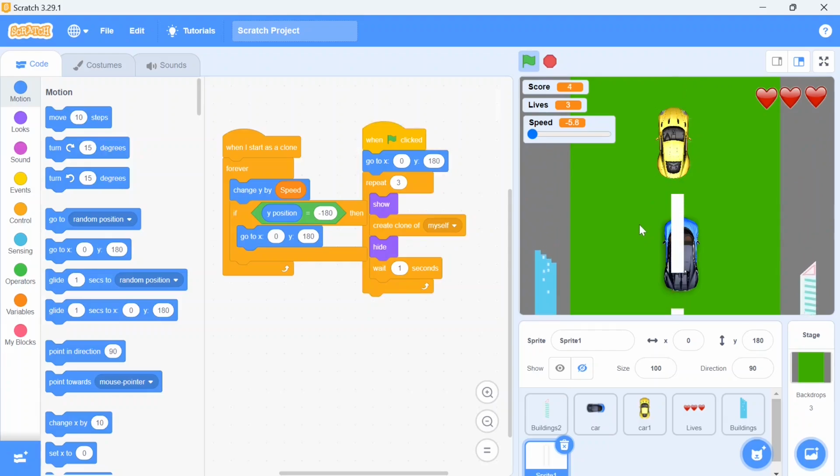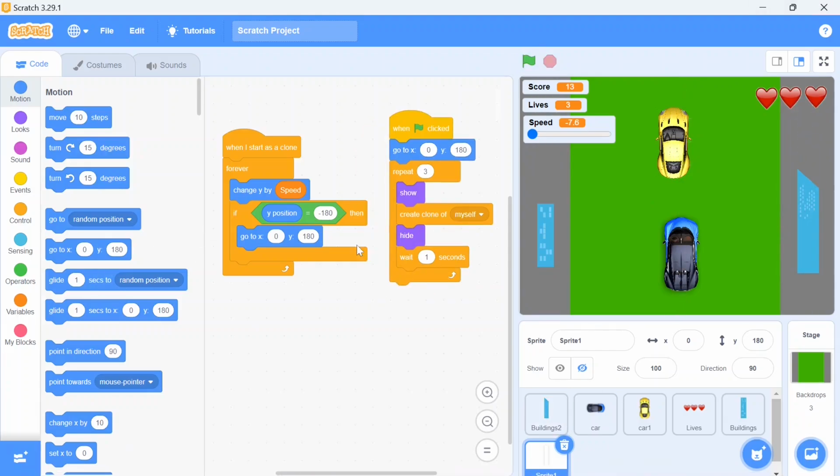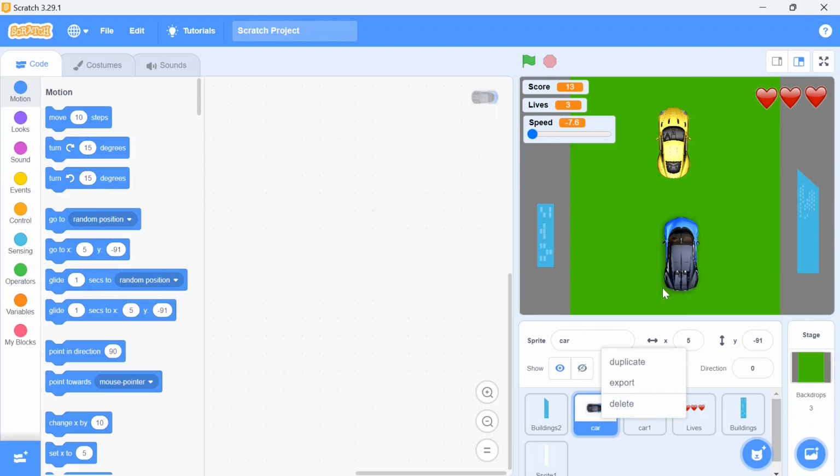Right? It's moving continuously. Now only the coding for our sports cars is left. So we'll start with the racing car. There are some conditions we want for that, and according to that we'll do the coding for this car. First, if it hits the opponent car, it should blink like it's created an accident, and on the basis of that, when it blinks, one life should be reduced. And we want it to be moved using the left and right arrow keys at any place on the track. But if it touches this gray line, then also your life should be reduced. So these are the major conditions we use for our racing car. So let's start the coding for that.